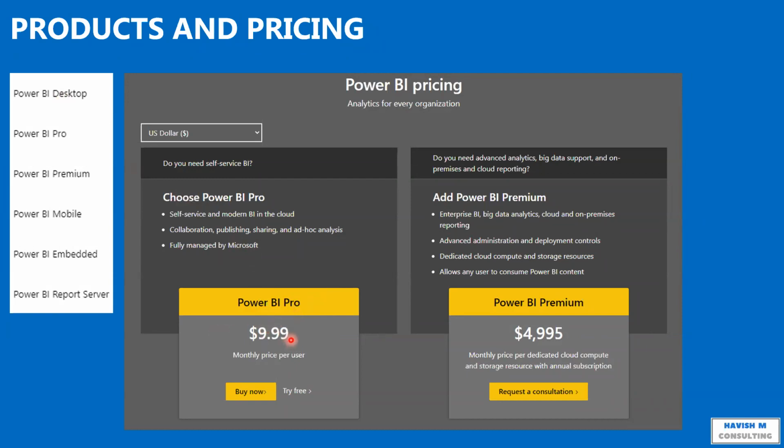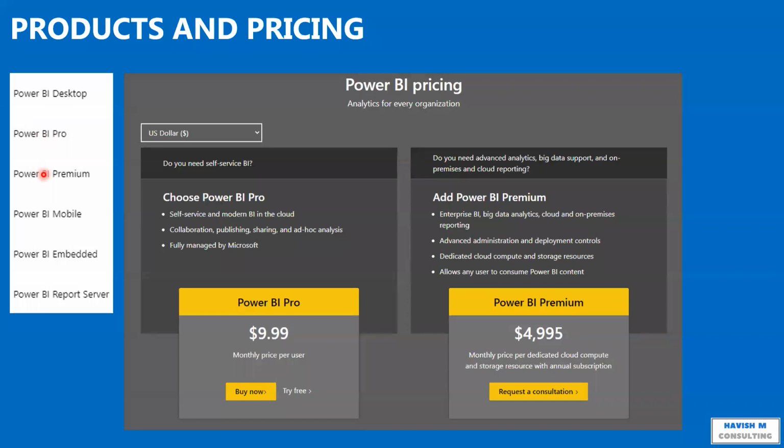As an organization, there are different combinations available. So like Premium is $5,000 per month. Embedded is a different cost. Now you also have Power BI Premium per user. So this is a cost which is highly variable. It depends on the sort of company you have and the sort of association you have with Microsoft. So we have Power BI Desktop. So the software is only one software, but then there are different licenses available.